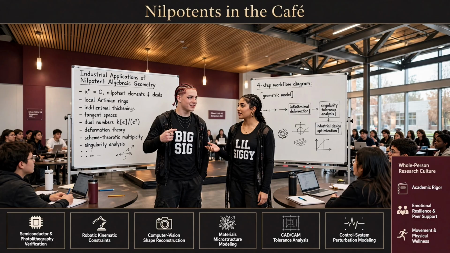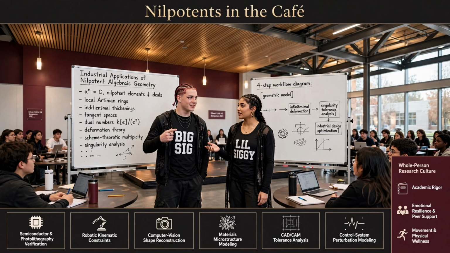So here is the statement we are decoding today. Let me just read it out. Quote, "The algebraic geometry perspective that nilpotents implement Taylor expansion algebraically, retaining a finite jet rather than only exact solutions, has practical industrial applications." End quote. That is a wall of academic jargon. It really is. And if you are hearing that and thinking it sounds completely impenetrable, just stick with us. Because by the end of this hour, you're going to understand every single mechanism inside that sentence. Every word. Let's tear it apart.